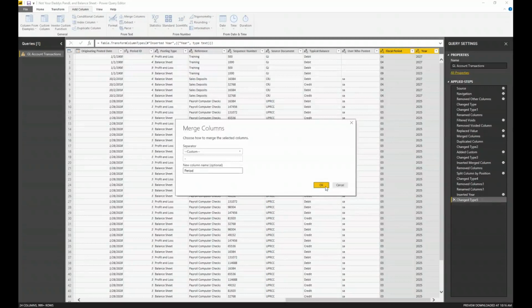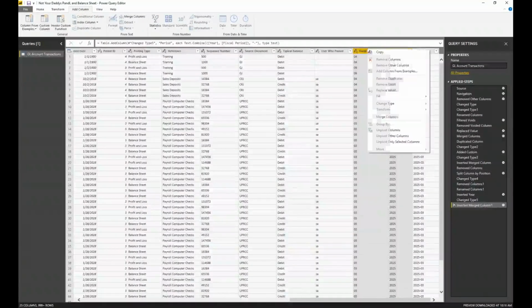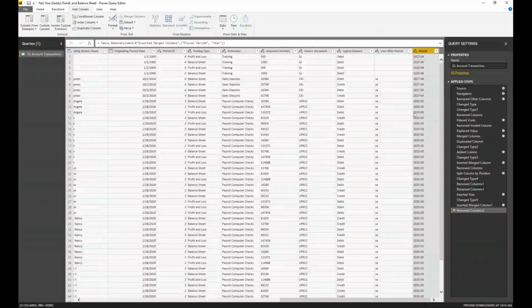So now I have this cool little field here that has the period, and I could get rid of these two. That's just one way you can clean up and do a lot of things. By utilizing this, I can still control the filter of whether or not I want unposted transactions to display, so I could still take those out for the ones that are uncleared.